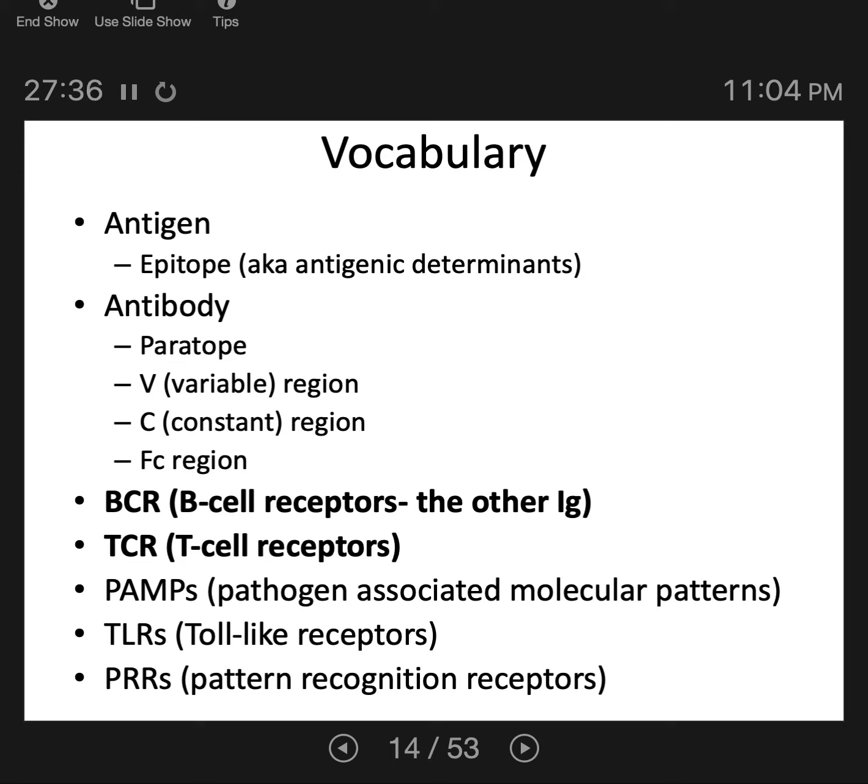So a B cell makes an antibody and excretes it, and then the antibody flows around in your body fluids, your blood, your lymph. B cell receptors stay stuck on the surface of B cells. T cell receptors stay stuck on the surface of T cells. B cell receptors are really like antibodies. Actually, they are antibodies that are not released. So a B cell receptor is just an antibody that has not been released from the cell surface yet.